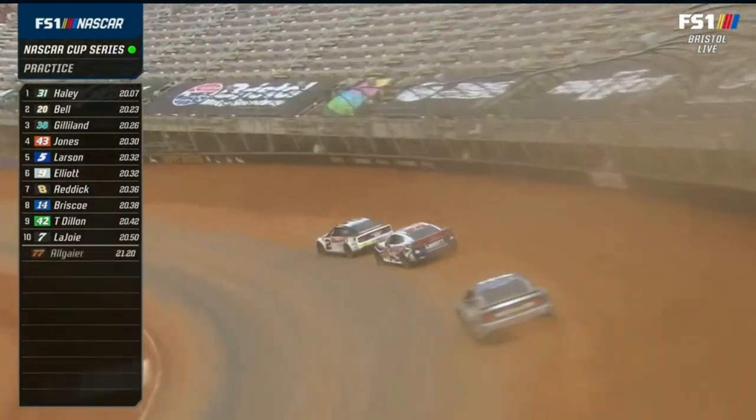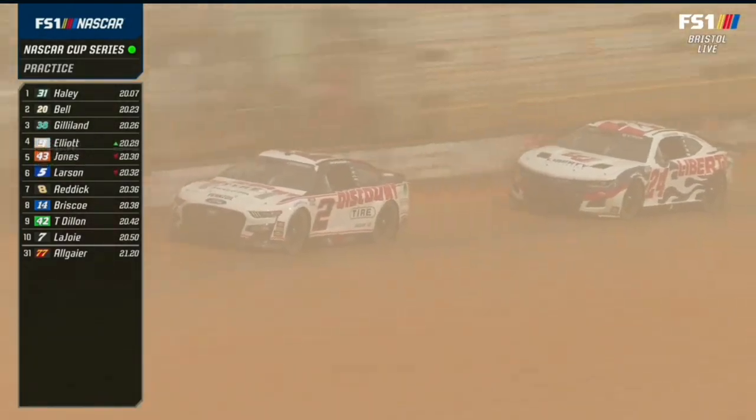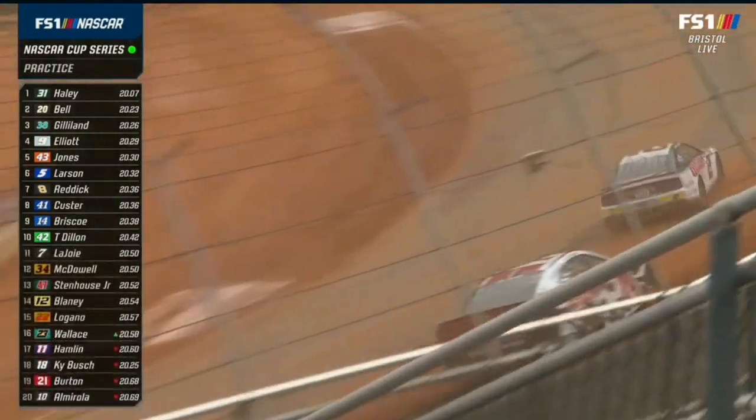Now, they did water the track and do a little packing between the truck practice and this 50-minute session, the first of 2 this afternoon on FS1. The one thing that will do